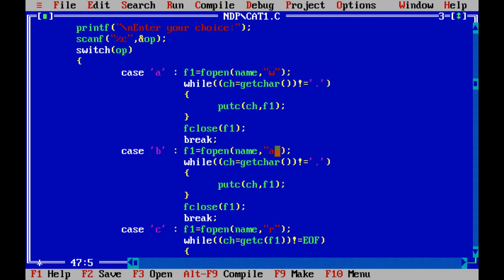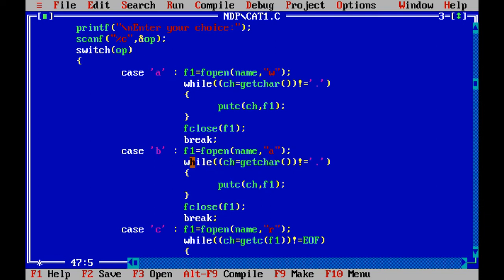Append mode is where we can open a file in write mode and write contents to a file and also preserve its previous contents. So if you have made use of the previous copy command, in the copy command we copied the contents of the first file into the other, but while copying it replaces the contents of the second file. This is not going to happen if you are opening a file in append mode. It will preserve the previous contents and write the new contents inside it.